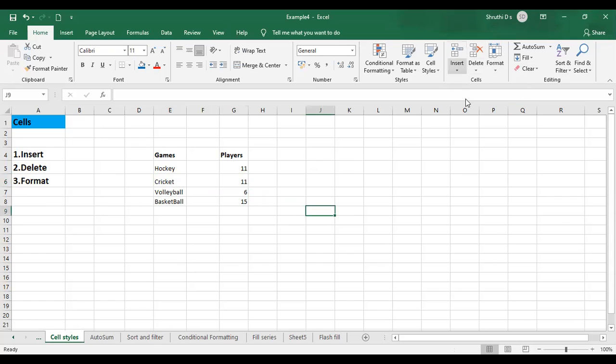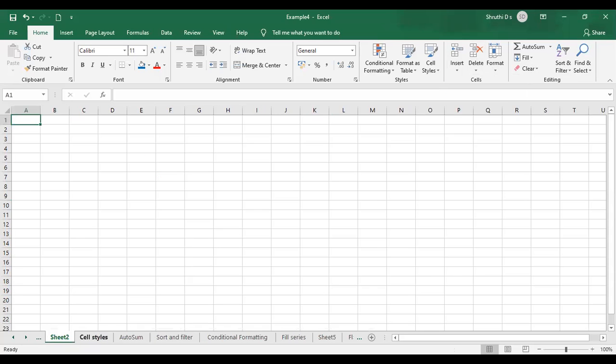So here, we have insert cells, insert sheet rows, insert sheet columns, insert sheet itself. Insert sheet means I am currently in the cell styles sheet. If I click on this insert sheet option, you can see there is a sheet 2 before cell styles.